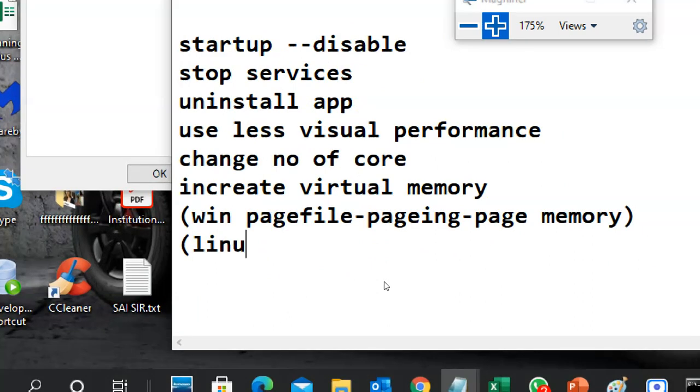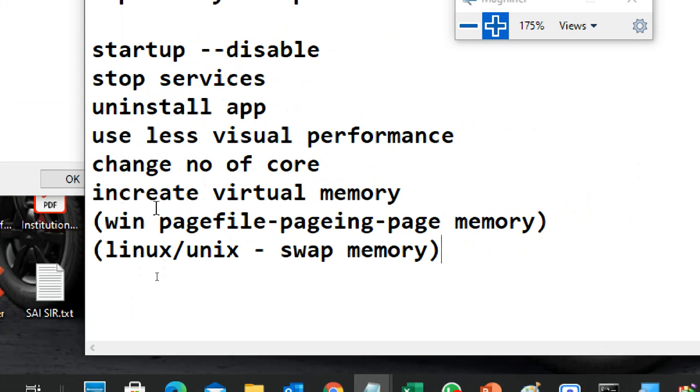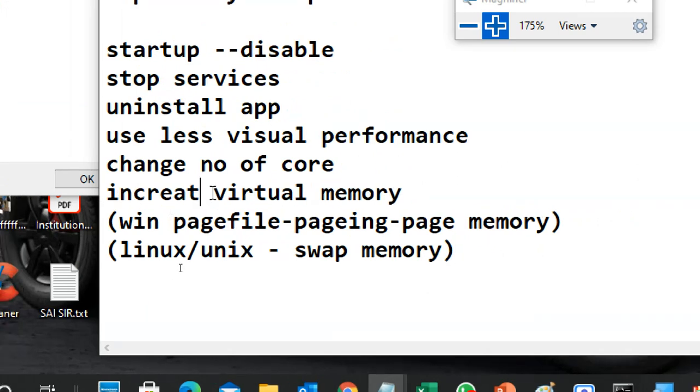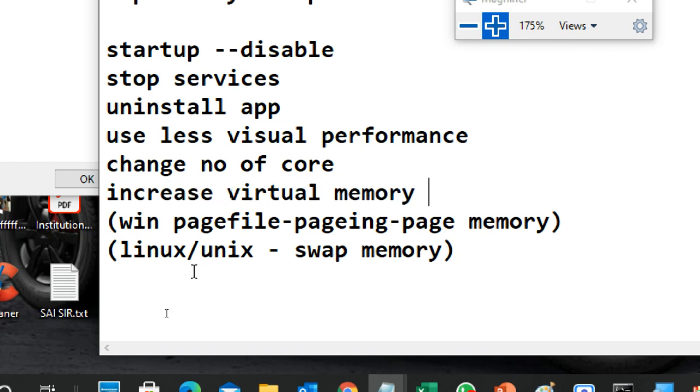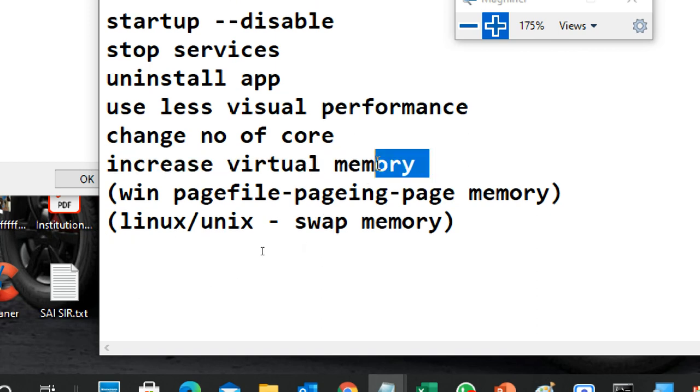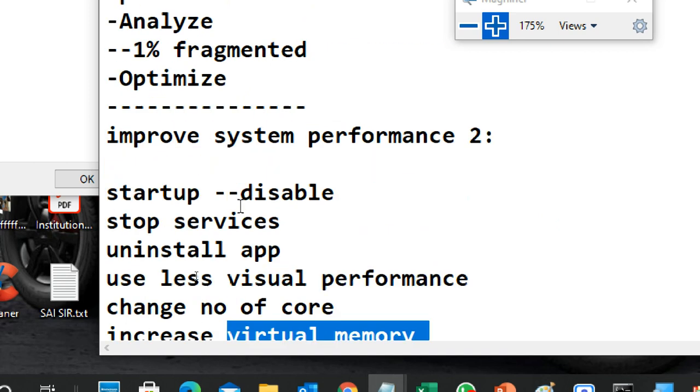If you are in Linux or Unix, then it is called swap memory. Only the name is different, virtual memory is the same thing. So increase your virtual memory. Depending upon your RAM, there is a virtual memory formula. I will explain that one.